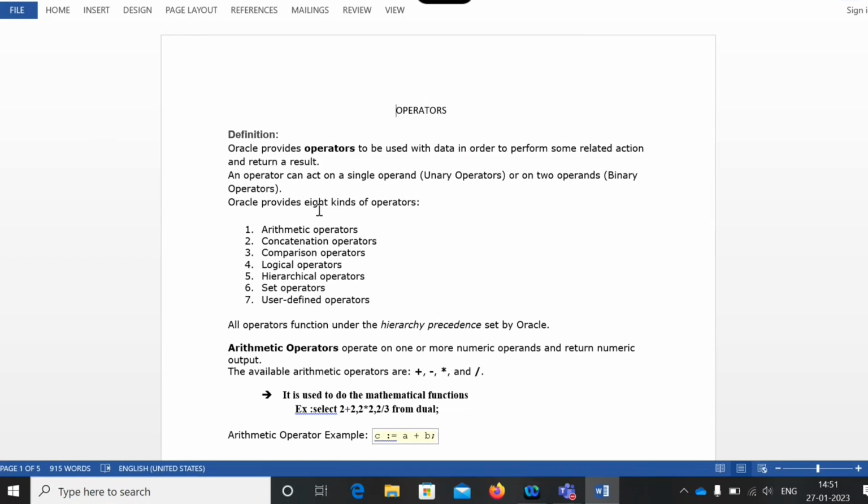We have other operators. An operator can act on a single operand, two operands, or binary operands. A condition may be provided as a single condition, or you may provide two conditions at a time. Equal to works with a single condition. You cannot pass multiple conditions with a single operand, so we have other operators like the binary operators: and, or, not.